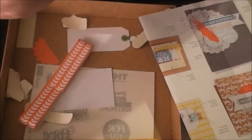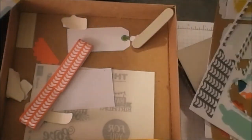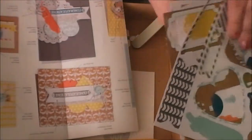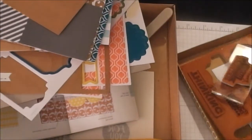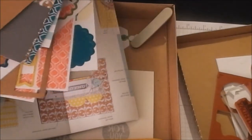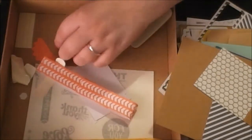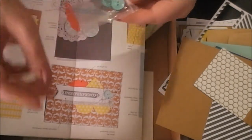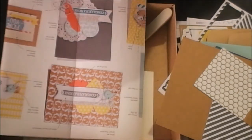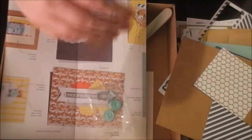Some baker's twine, which it says I'm going to need. And I'm going to need a paper clip. I love these paper clips. They're so fun, if I can find them. As you can see, I kind of threw everything back in here. It wasn't very nicely placed because I have been working with this for a couple of days. There we go. Got some blue buttons. As you saw on some of the other cards, there were blue buttons. This one just wants me to use one of these cute little paper clips